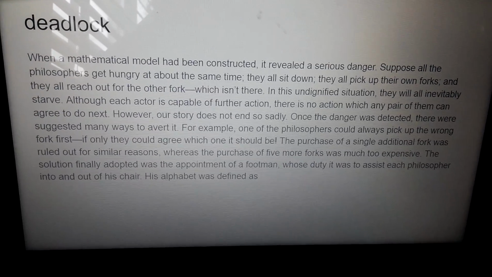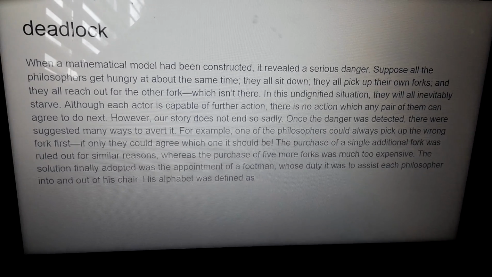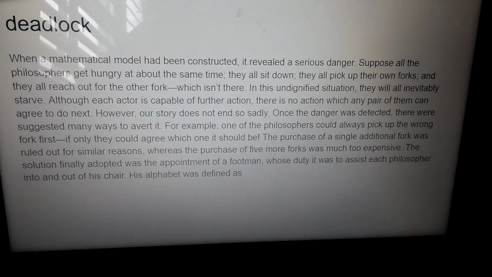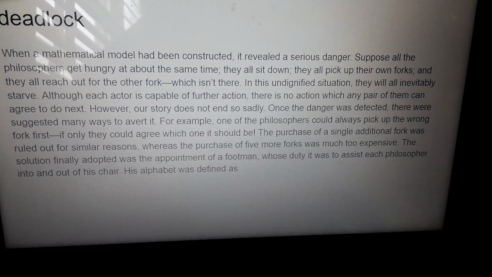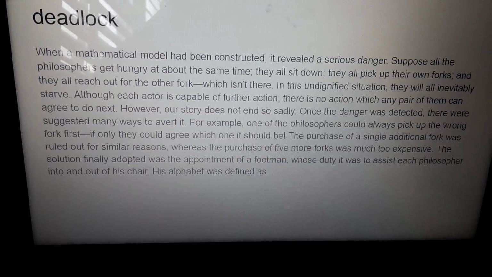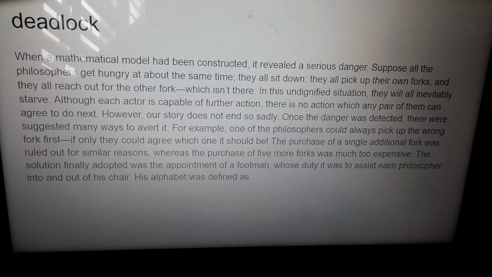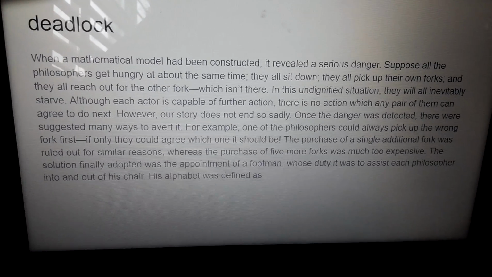Although each actor is capable of further action, there is no action which any pair of them can agree to do next. However, our story does not end so badly. Once the danger was detected, many ways to avoid it were suggested. For example, one of the philosophers could always pick up the wrong fork first, if only they could agree which